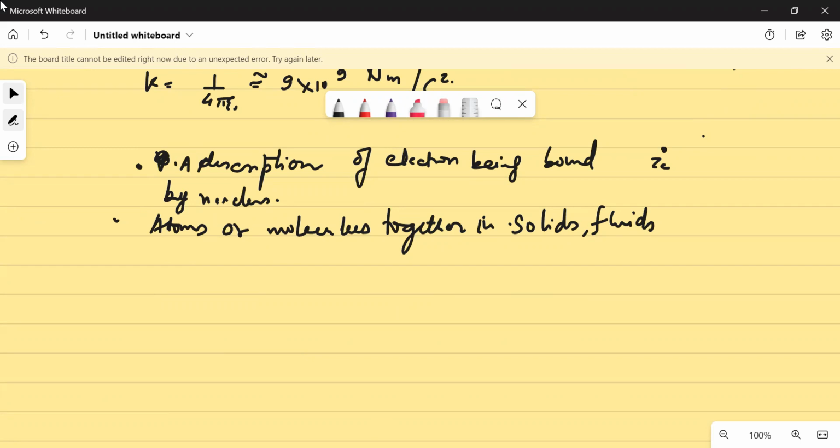So it will be r vector upon r cube. Just give me a minute. Okay. Secondly, there is something called the principle of superposition. So what does the principle of superposition mean? If I have multiple charges, not a single charge,